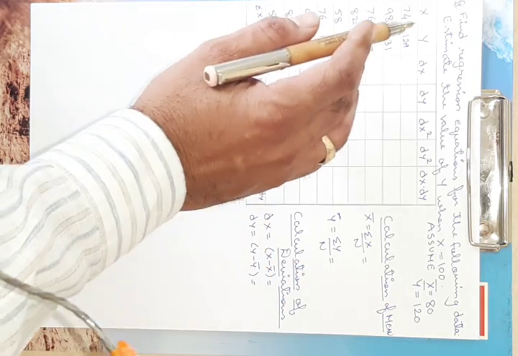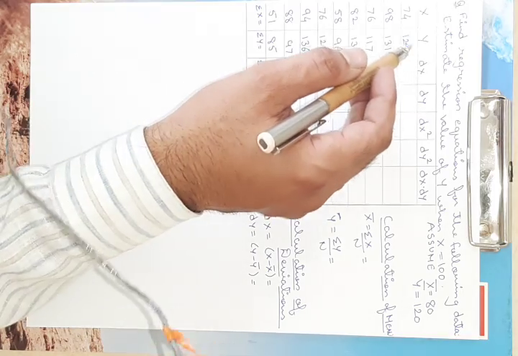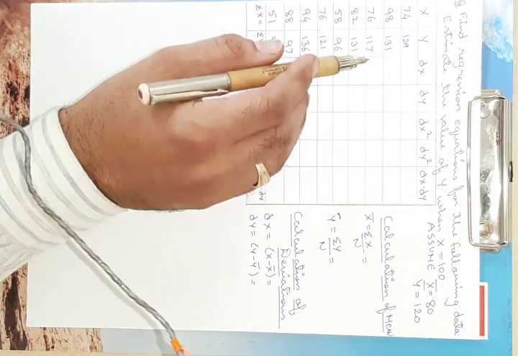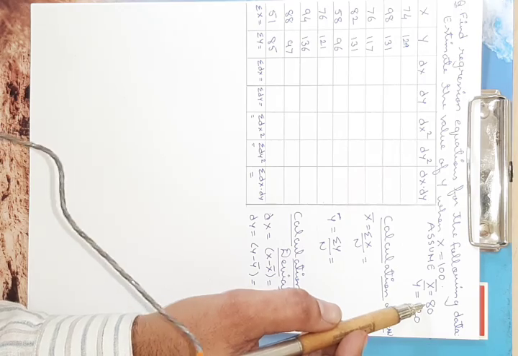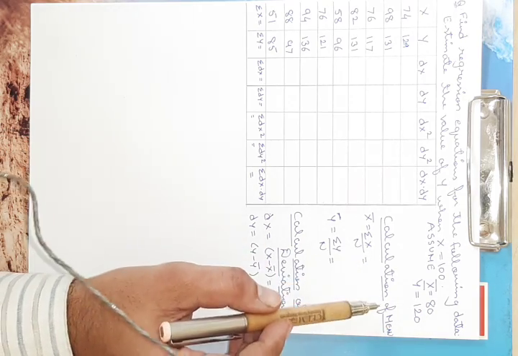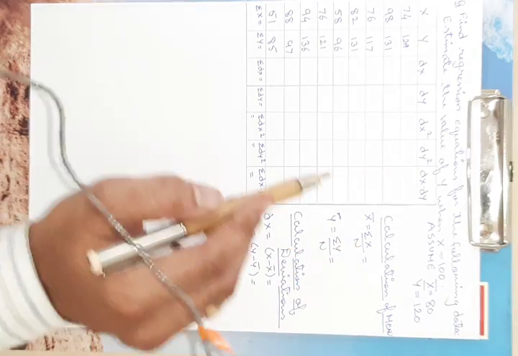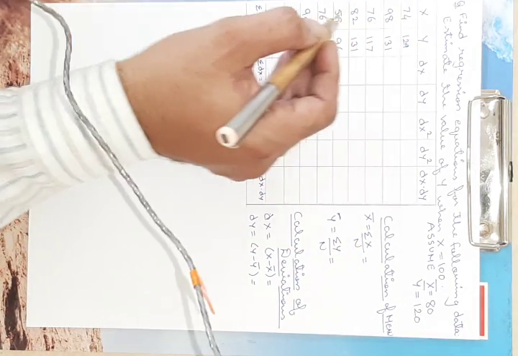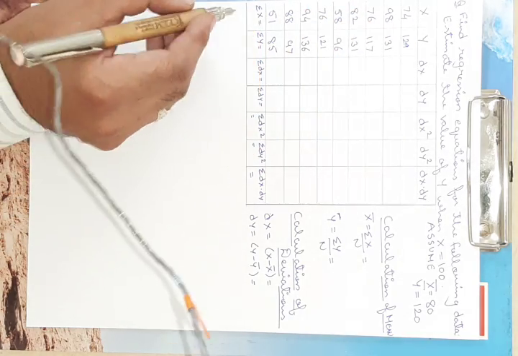So here two series are given. The first series is series x and the second series is series y. So friends, first we have to calculate the mean, even though the assumed mean is given, we still need to calculate the value of the mean. For calculating the mean, first we need to find the value of summation of x. So here we are going to take the total of summation of x, that means the addition of series x. This comes out to be